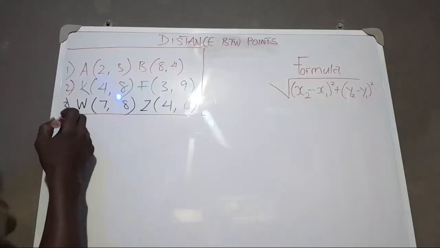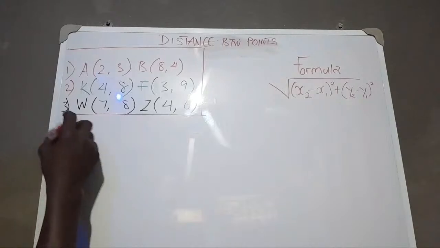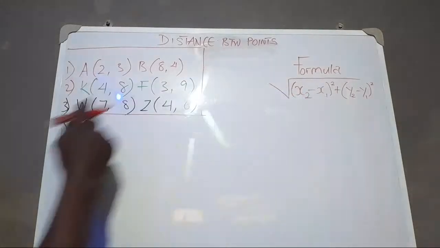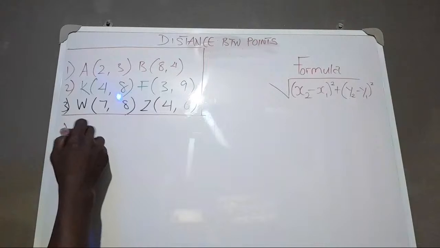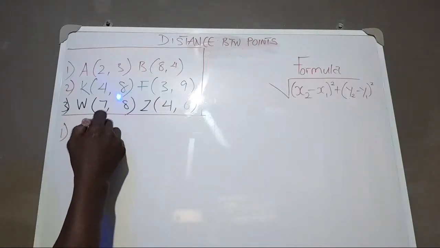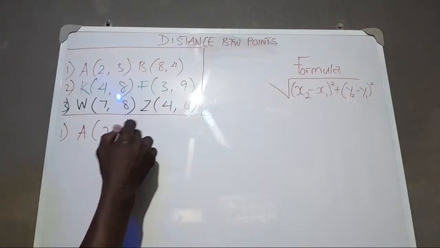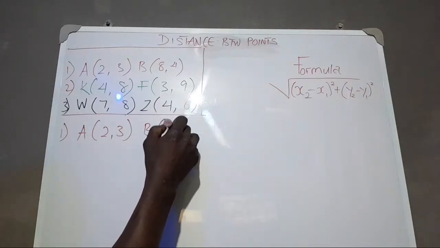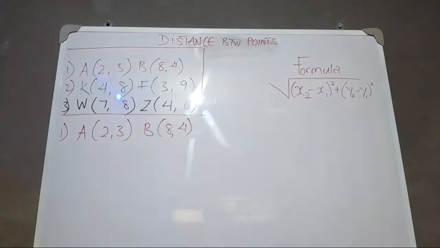For point A, question 1, we have a formula. It says A (2, 3) and B (8, 4). Then we say,